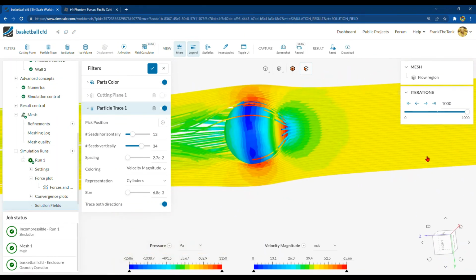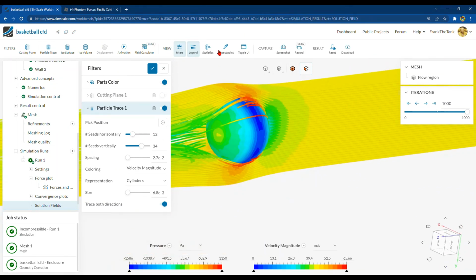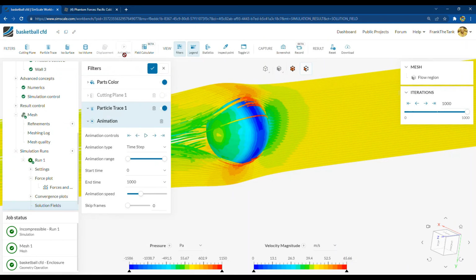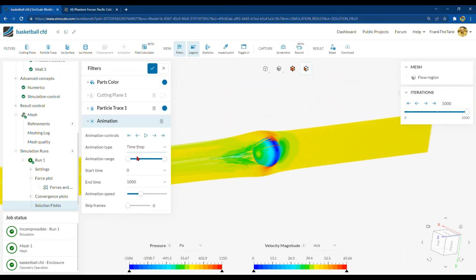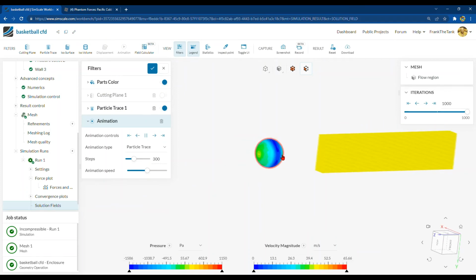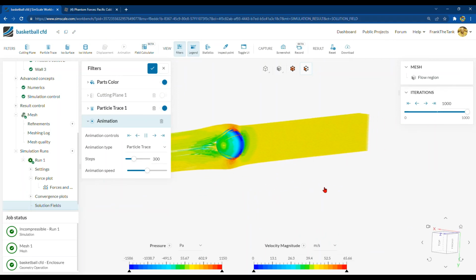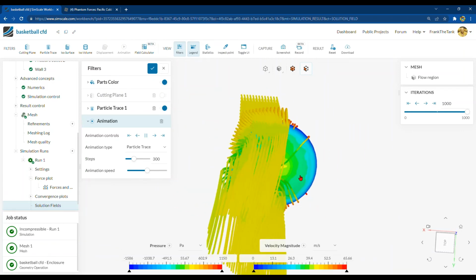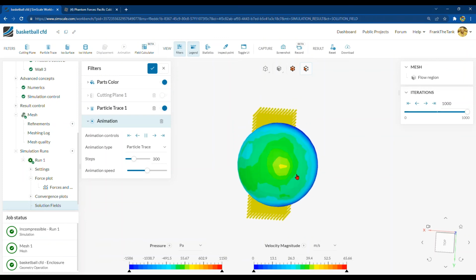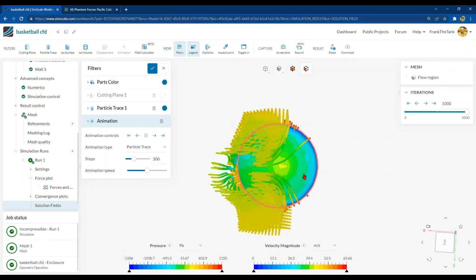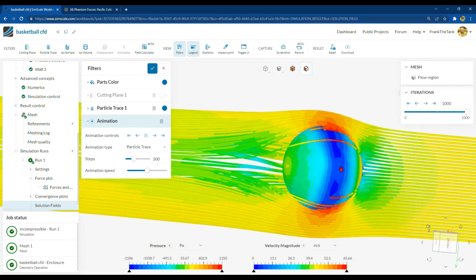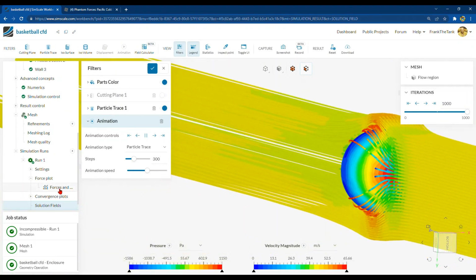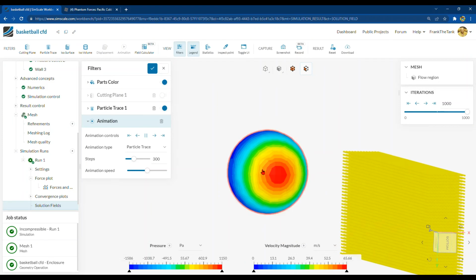You can see this is the airflow over here, and you can do an animation by clicking the animation button. It's important that you switch to particle trace, and then you can speed up the animation, and so you can see the airflow around the ball and how it develops after that. You can see there's this giant part right here. This inner part curves over the ball like that. And so if we go to the forces and moments, now that we've seen how the air flows around the ball,